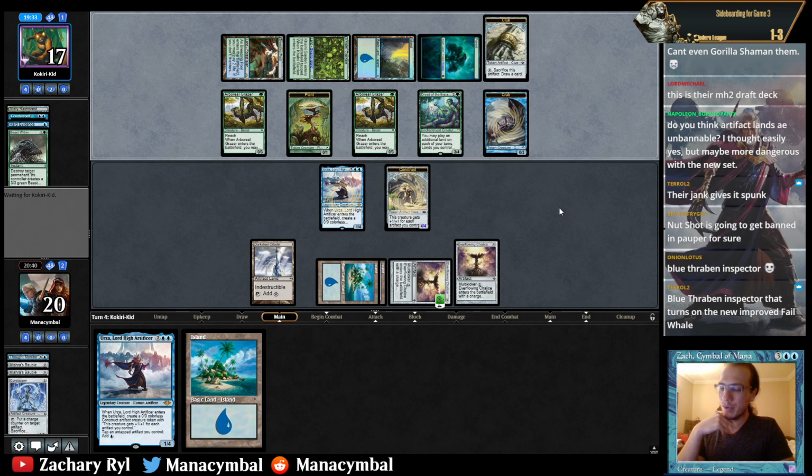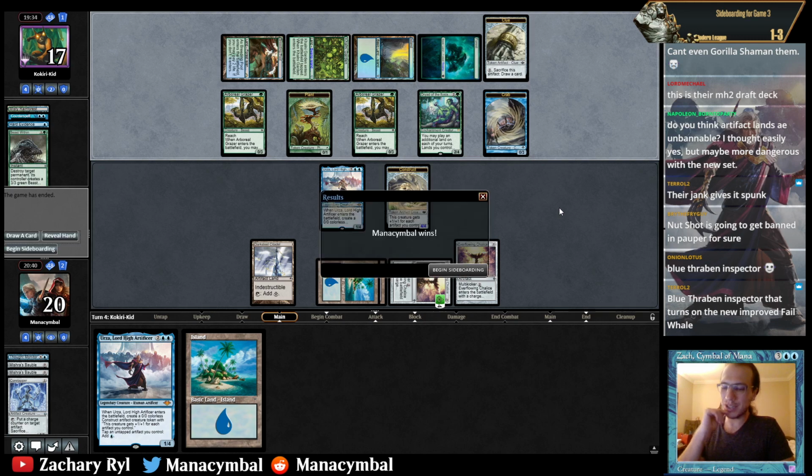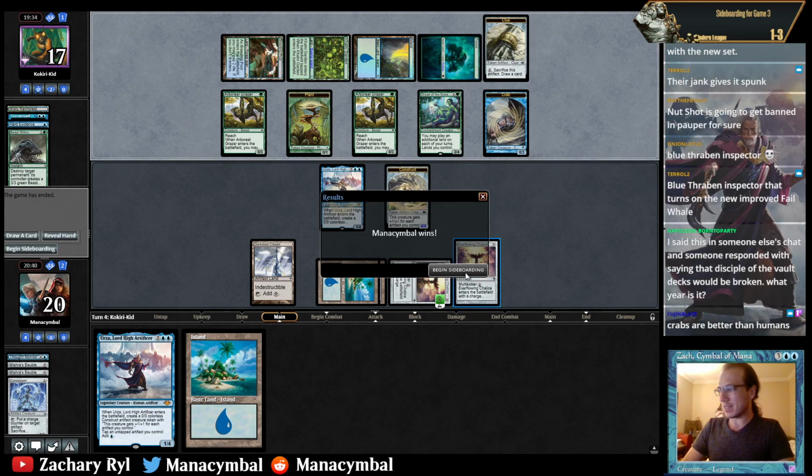The new improved Fail Whale. You're not talking about Murktide Regent, are you? Because Murktide Regent is very different from Ethereal Forager. That's like saying Dreadhorde Arcanist was the new Young Pyromancer. That's just...